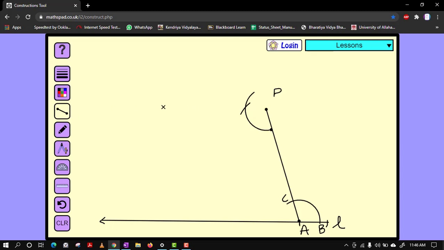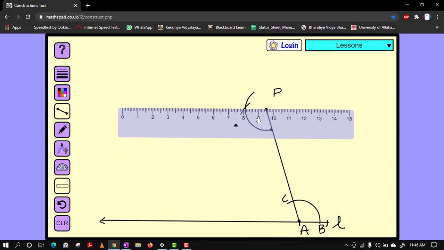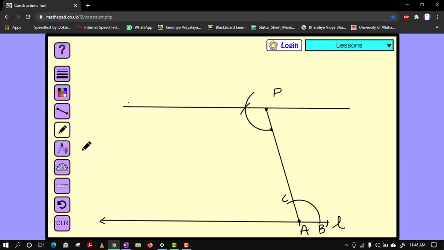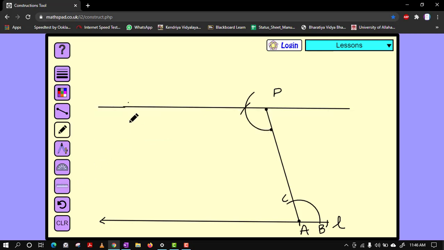using this. I guess it will, because sometimes doing it on the copies... Right, fine. Little bit deviations are there. Little bit are allowed, but not much. So this is the line which is parallel to the given line, and we call this line M. Let me extend this a little bit because the question is further there. So this is the thing. This is your line M. So we have done till this point.